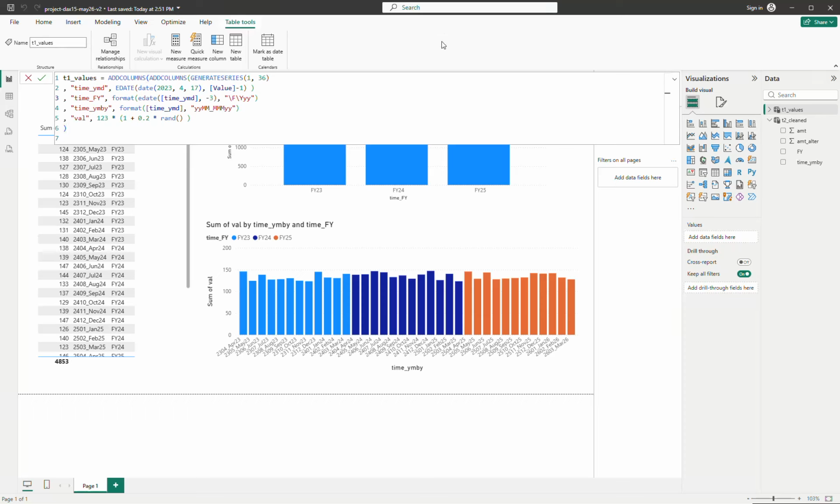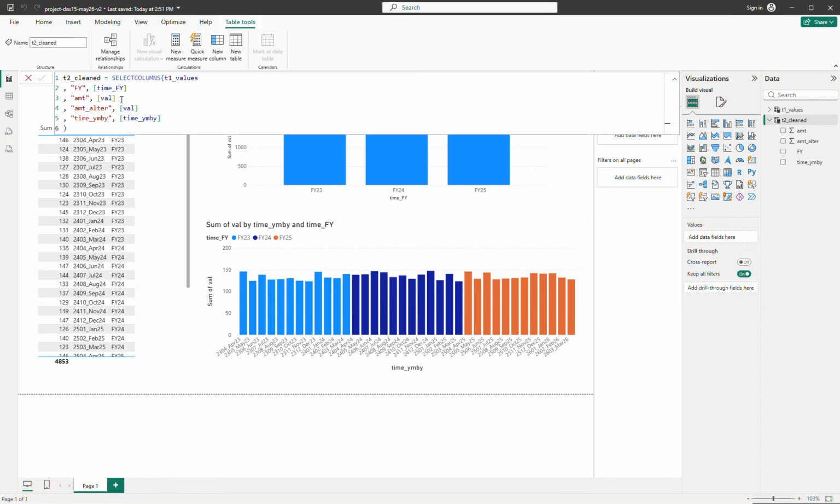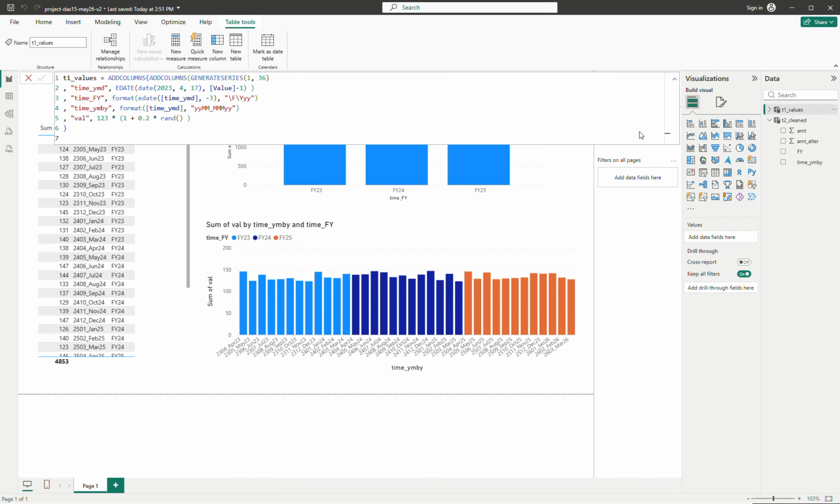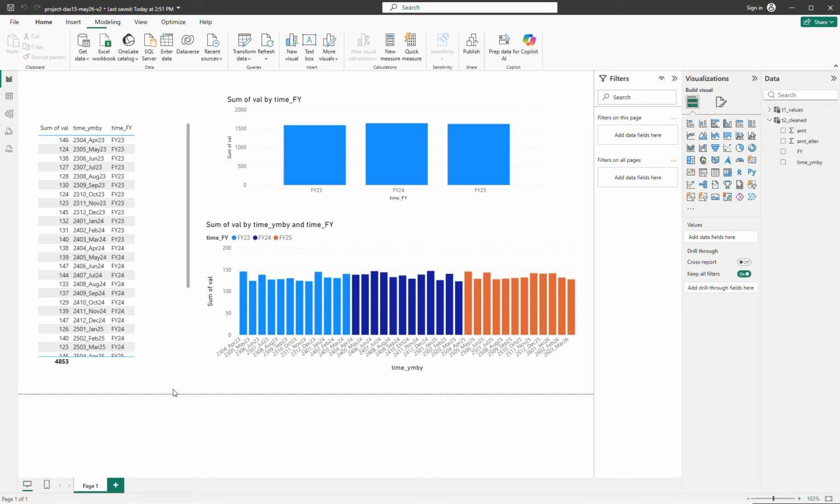Let me show you how to reuse the table. The same concept as in the previous video, how to select columns. But in this case, we want to reuse the values in here, and then we only reuse the time YMBY and then the time FY columns, and we get rid of the one in this video. Okay, so